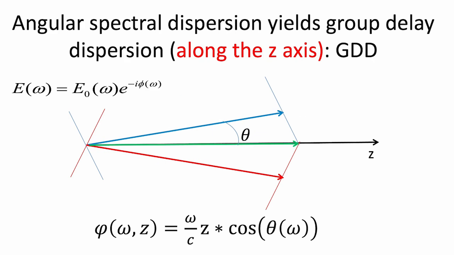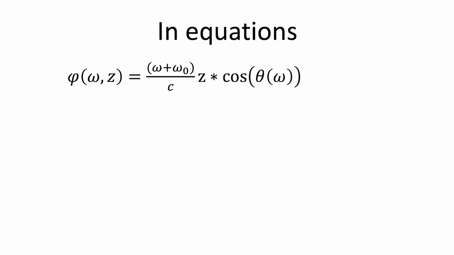So next. So you can see here that if we look at this propagation along the z-axis, that is x and y equal to 0, we look at the phase that I wrote here, phase as a function of the frequency and the z direction. It's omega over c z times cosine theta, just like in the cone, but now theta depends on the frequency. So now we have dispersion because our phase is not linear with the distance. So let's go to the next slide.